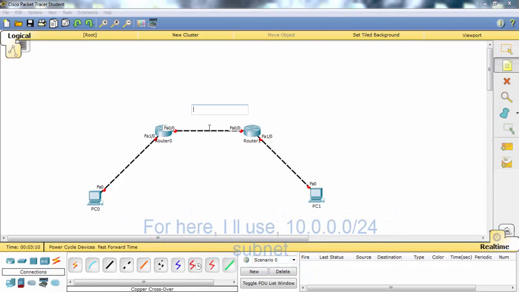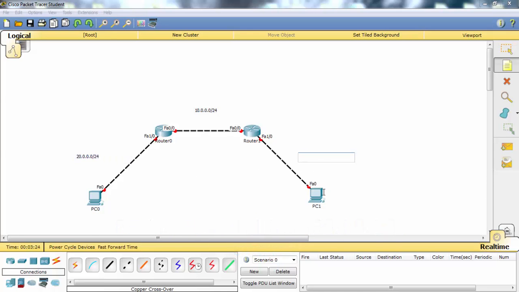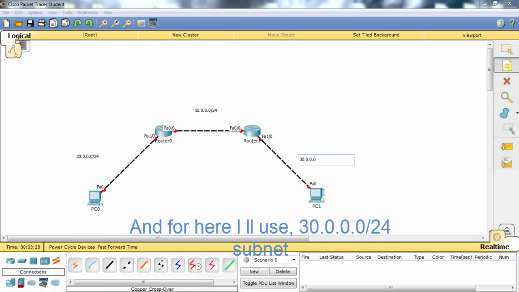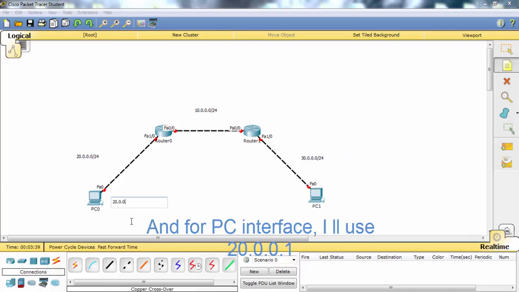For here, I will use 10.0.0.0 subnet, and for this network, I will use 20.0.0.0 subnet, and for here, I will use 30.0.0.0. It's a 24 subnet mask. And for PC interface, I will use